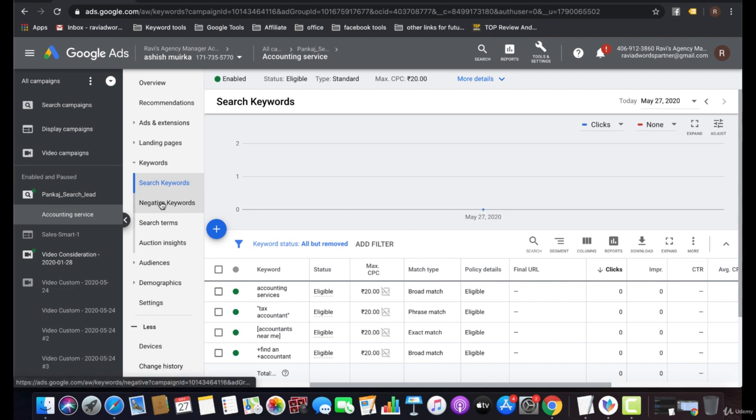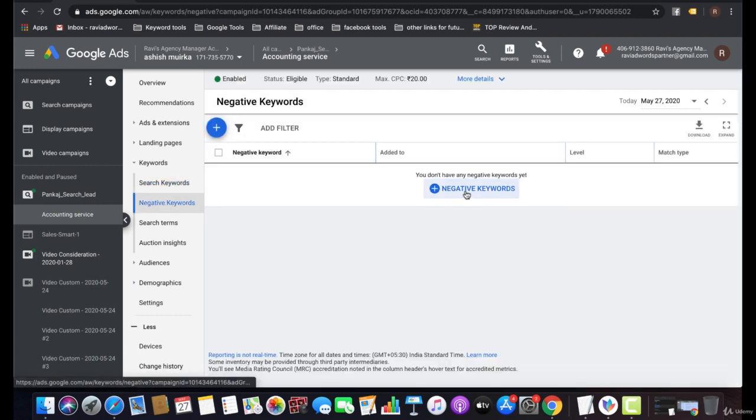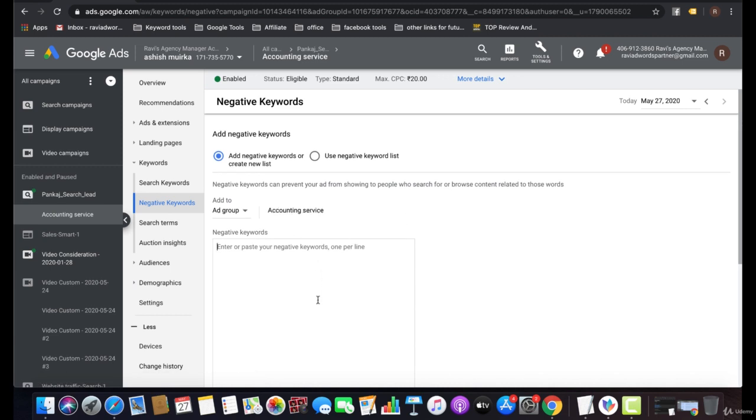A particular negative keyword option is there. Click on negative keywords, and now you can add negative keywords for those search terms for which you don't want to show your ads to particular users. Like I don't want to show ads to users searching for my competitor, like Agarwal accountant,